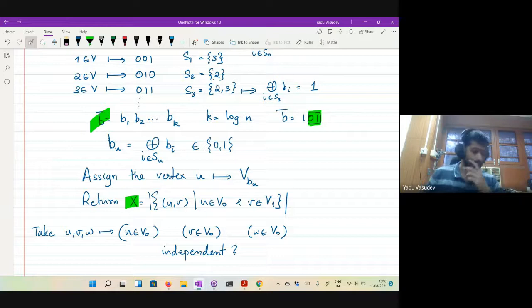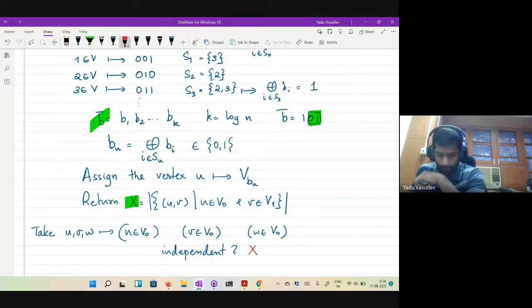Okay, so I think we are almost out of time now. You can try to see that this is actually not going to be independent. That is something you can just verify. We will go over this. I'll do this computation again tomorrow, but you will see that this is actually not going to be independent, but it's going to be pairwise independent.